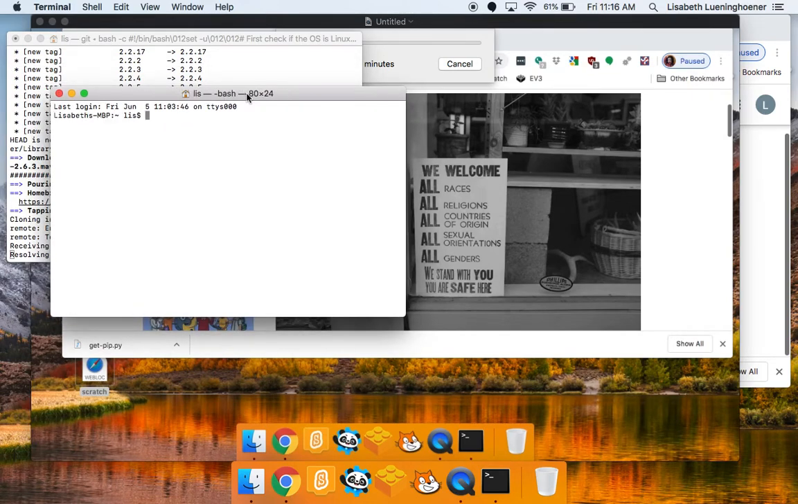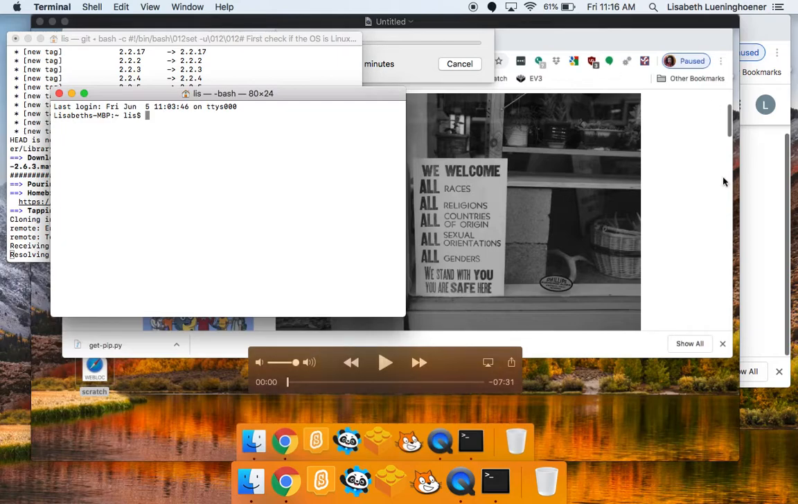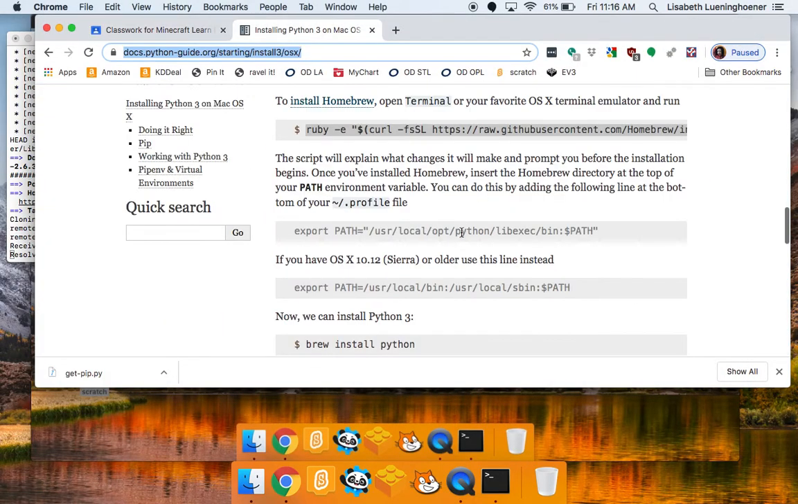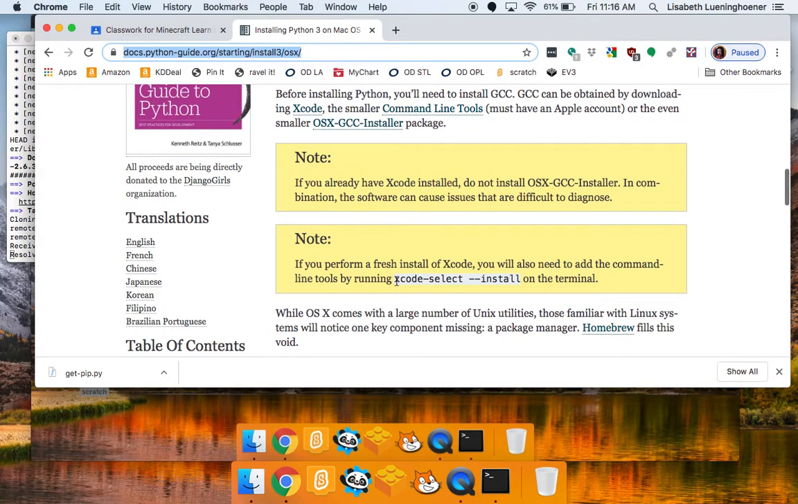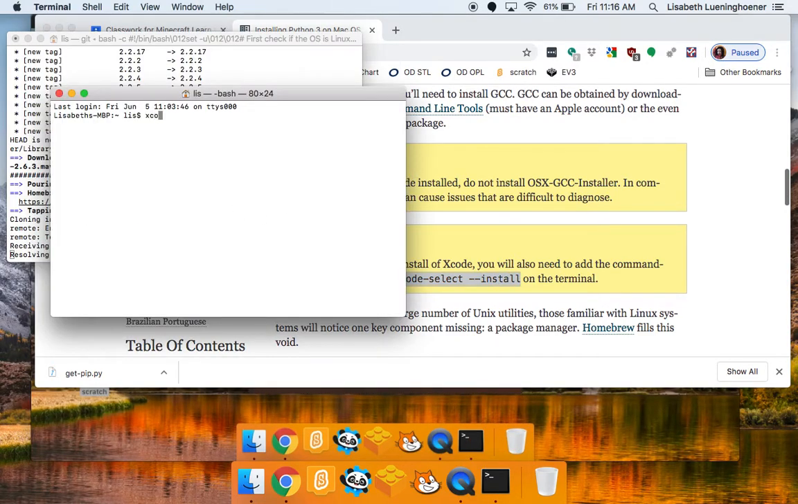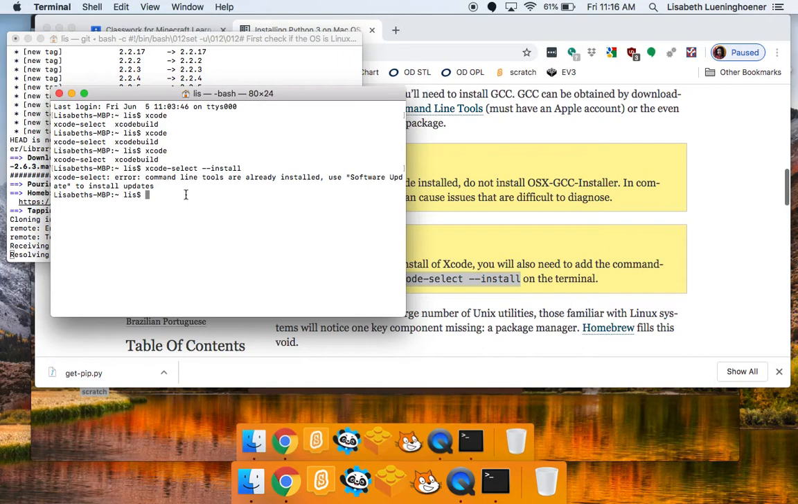So from here, I'm going to go ahead and see if I have my Xcode tools installed. In order to do that, I'm just going to type out xcode-select --install. If I hit tab here in my terminal, it will tab complete things for me so that I don't have to write everything out. As I'm doing that, it says error, command line tools are already installed,